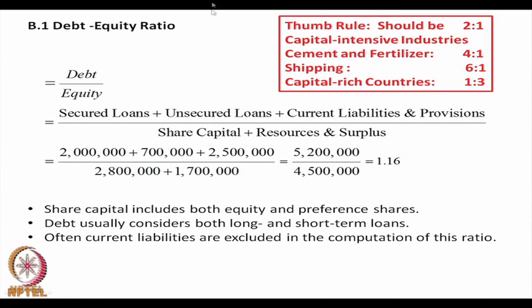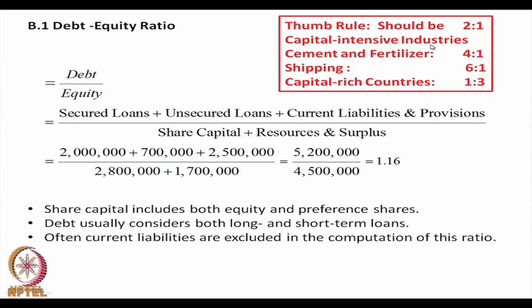Now, normally the thumb rule is that one should not go for a very high value of equity, because if the ownership base is increased, then there are a large number of owners, which is sometimes not wanted. Companies want to keep their ownership to a smaller number, relying more on debt. So, the thumb rule is that this ratio should be 2:1,